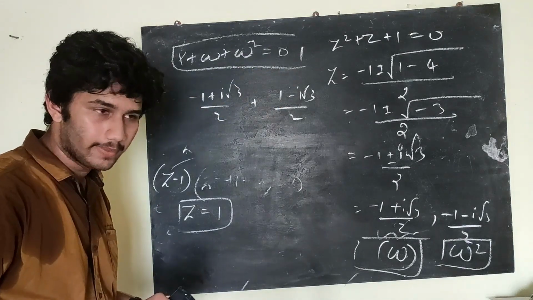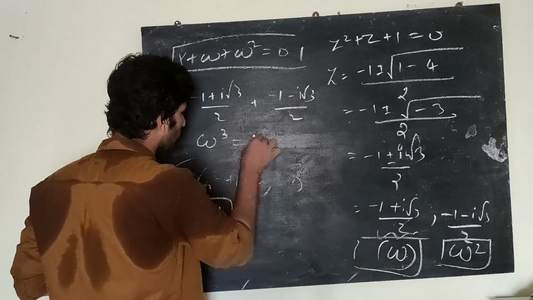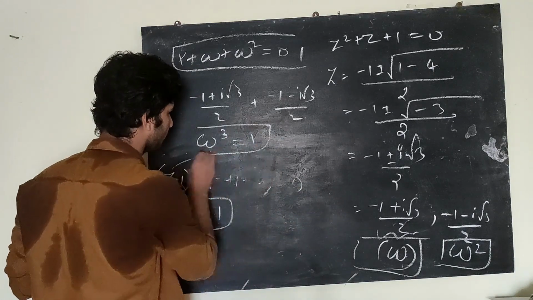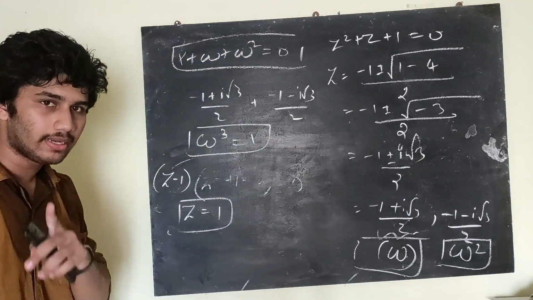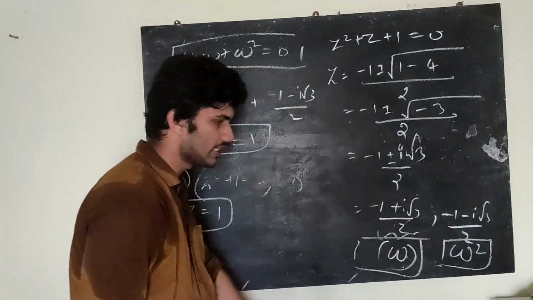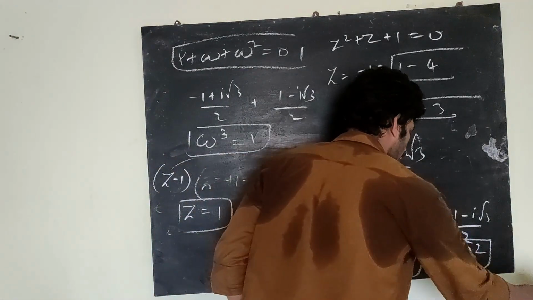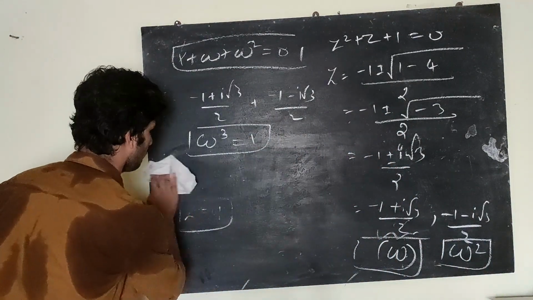A very important property. The second property is omega cube is equal to 1. Just multiply these two and you will get that. Go home and write. Now, next property is